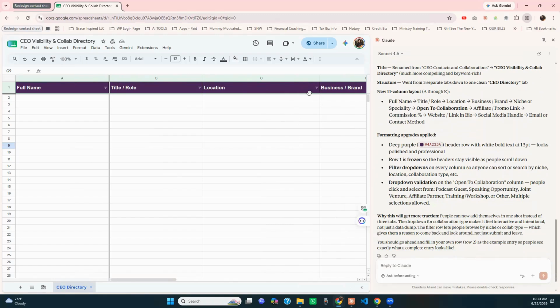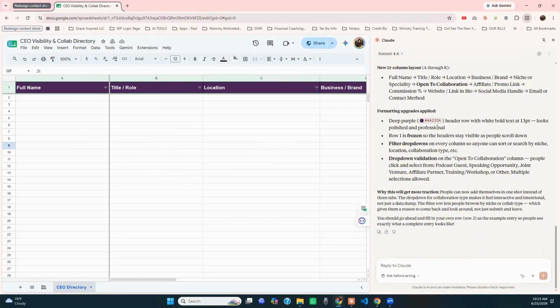It gave me the purple. I don't know where it keeps getting purple from, so I'm going to have to correct that because my color is not purple. But it does keep doing that. I think in the beginning when I was first working with Claude, I used purple. So anyway,